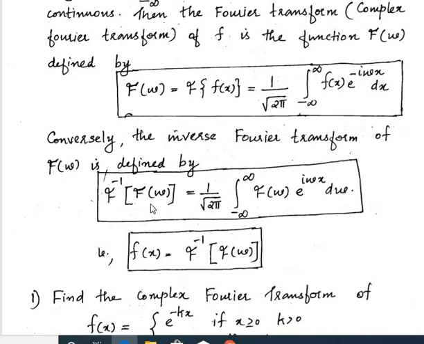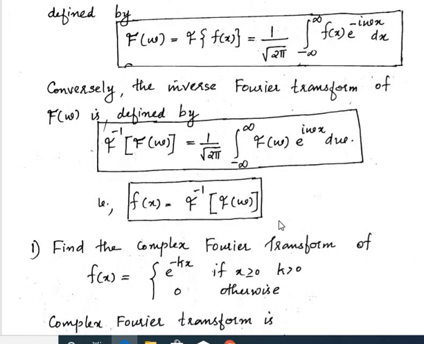The inverse Fourier transform is applied like this: for the given question we find the Fourier transform, and if there is a deduction question along with that question, then we have to apply the inverse transform formula. So we move to the question. These are the two important formulas in the case of the Fourier transform and the inverse Fourier transform. Study well, there is only one difference: check that here it is minus, and here it is plus.